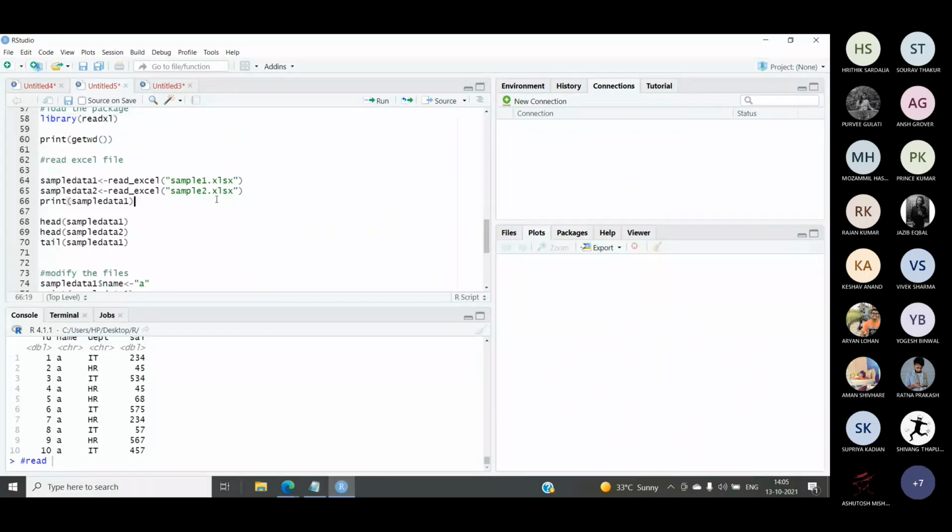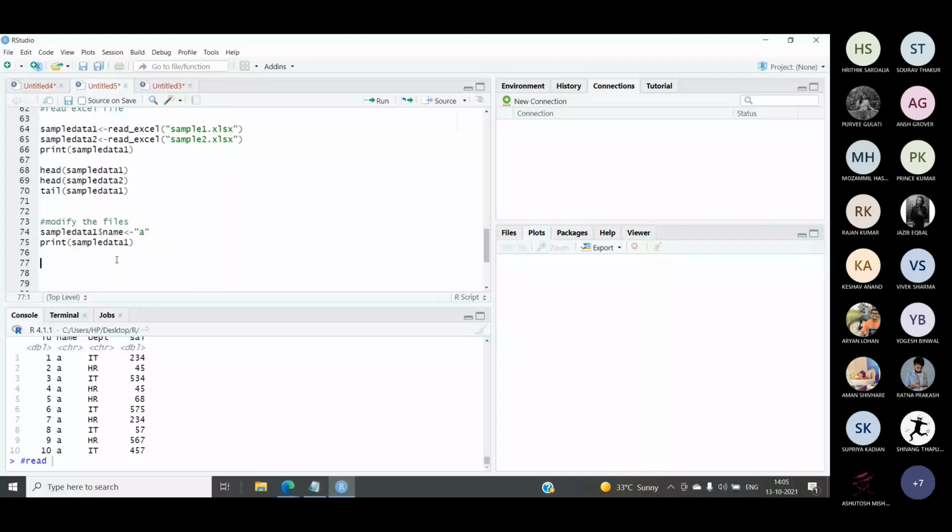Read excel will import the Excel file into the data frame that you have named, and after that you can work with that Excel file just like you work with any data frame. So let's try deleting a few values.